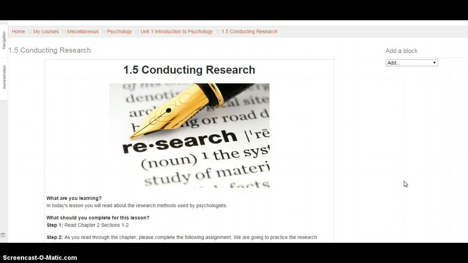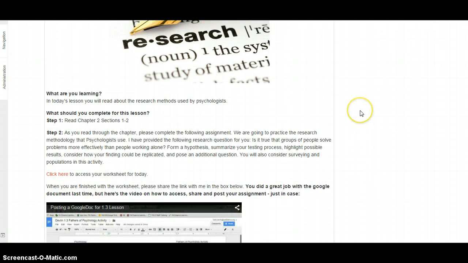So in today's screencast, I wanted to go over exactly what you're to do for lesson 1.5, conducting research. So today we're learning about the research methods used by different psychologists. The first thing you need to do is go access your online book and read chapter 2, sections 1 and 2. And what I want you to think about is, as you read through the chapter, please complete the following